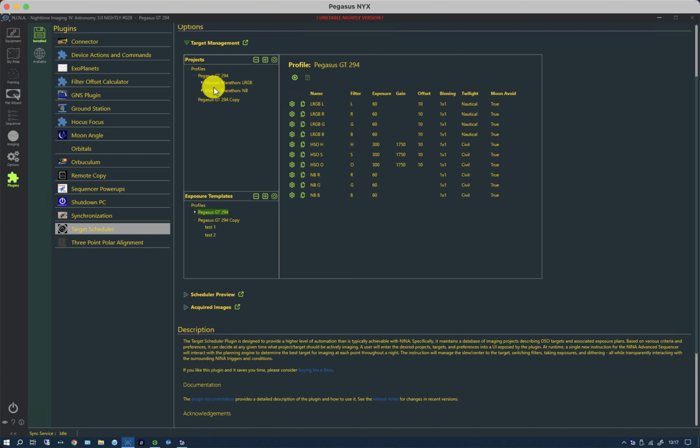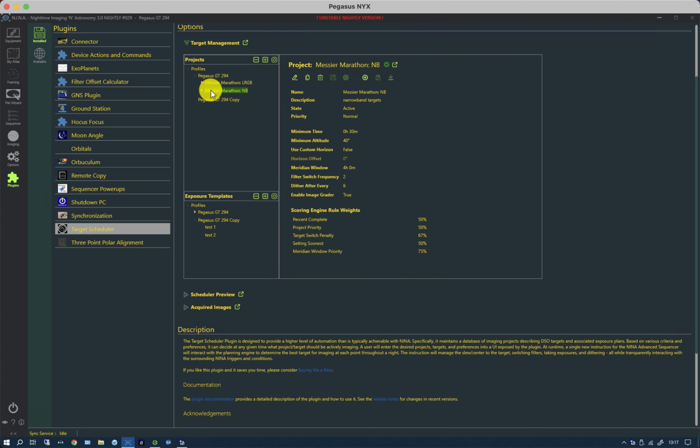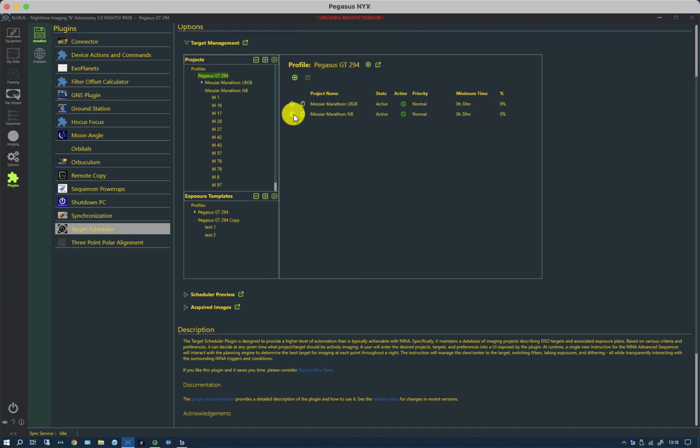Again, I've done one before, and if I look at this Messier marathon for the narrowband images, you can see here are my settings for the actual project, but if I expand it out, you'll see here are my different targets, and I'm just going to show you how those are created and how they bring in the different exposure templates. The important thing is that each project can have its own settings. So for instance, if I click on one of these